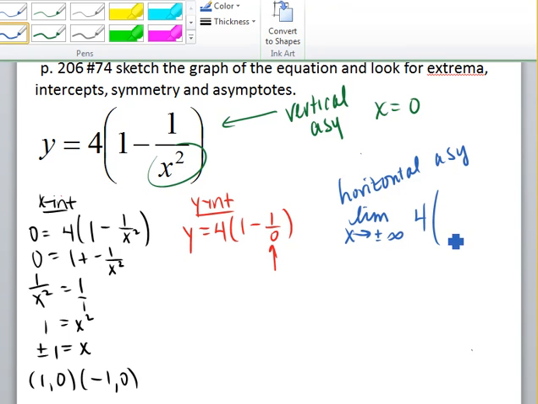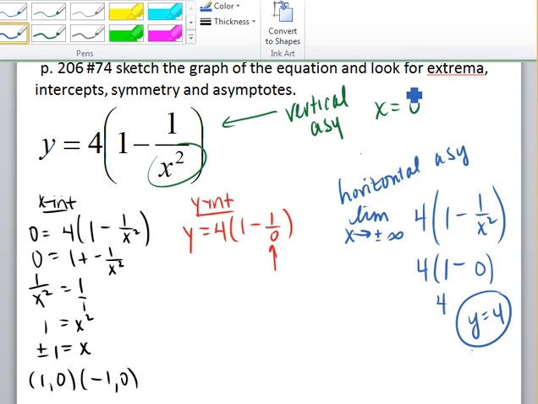So I will look at each part. So I'd have 4 times 1 minus, if you put positive infinity or negative infinity here, it doesn't really matter which one. It still gives you the same number of 0. So we'll end up with the value of 4 for our horizontal asymptote. So we have a horizontal asymptote of 4, we have a vertical asymptote of 0, and we have these 2